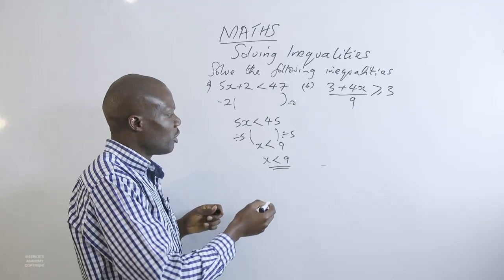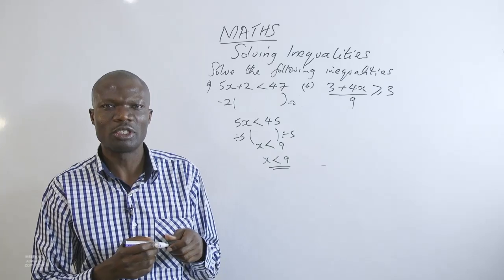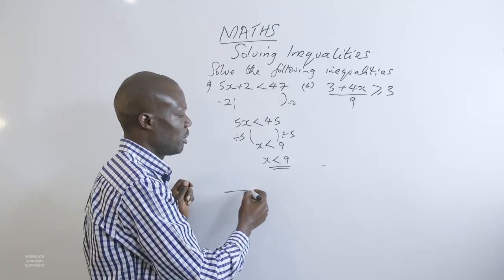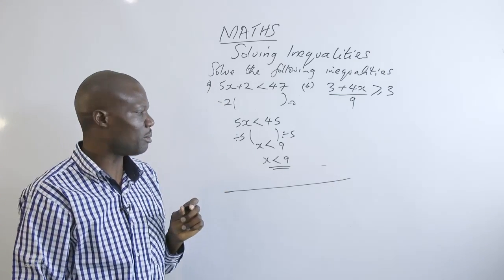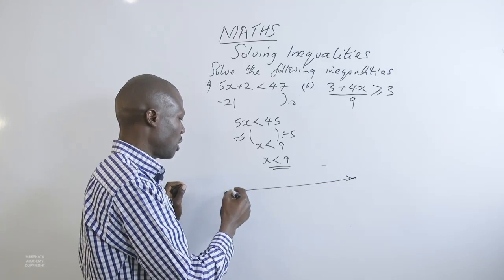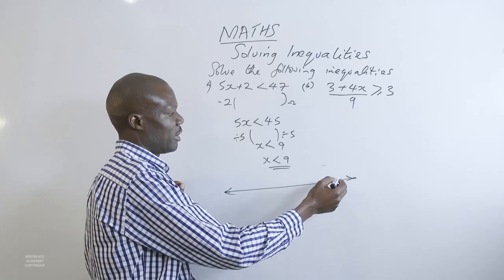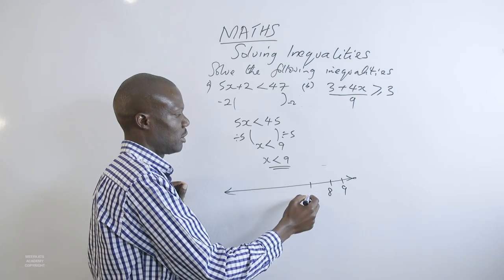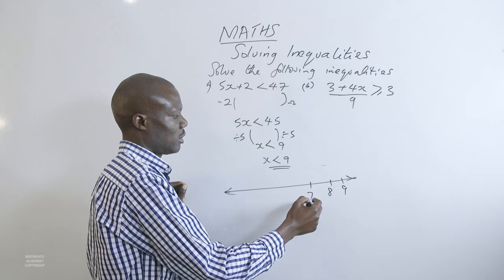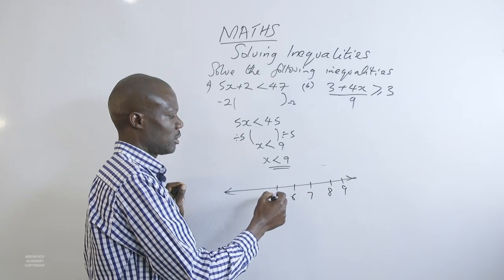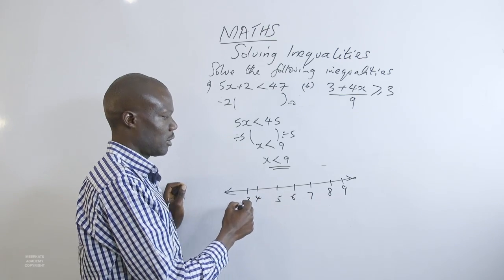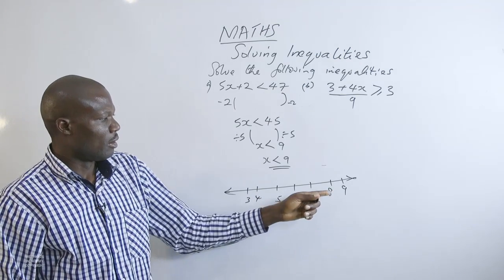You can also represent these solutions on a number line. Having solved the equation, you can simply represent your solution on a number line, which has 9, 8, 7, 6, 5, 4, 3. We can simply